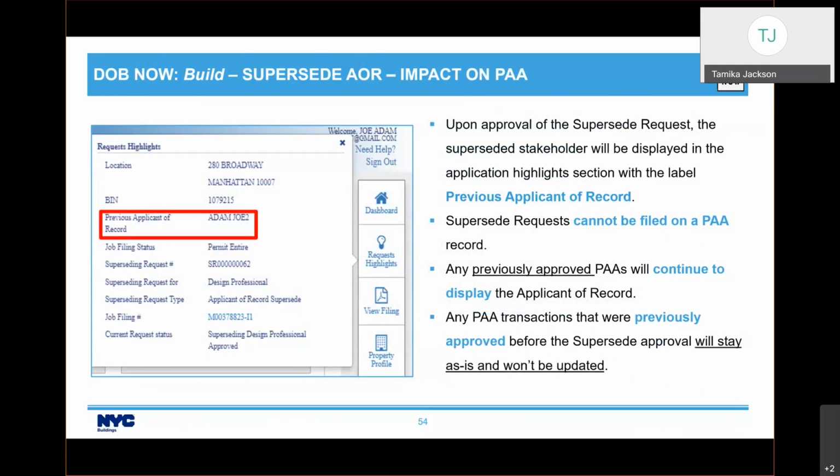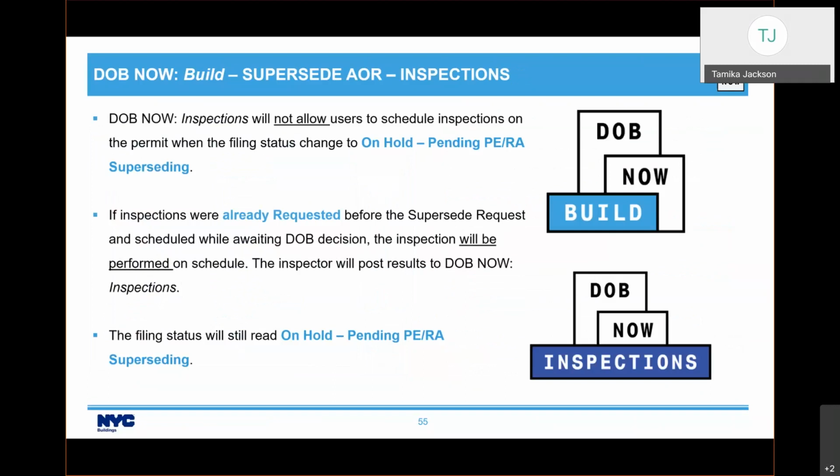I'm going to go through inspections this time before I actually play the video. You cannot schedule inspections on the work permit when the filing status changes to on hold or pending PE or RA superseding. If inspections were already requested before the supersede request, the inspection will be conducted. The results will be posted in DOB inspections, but the filing status would read on hold pending PE or RA superseding. So let's head into the system where you could see